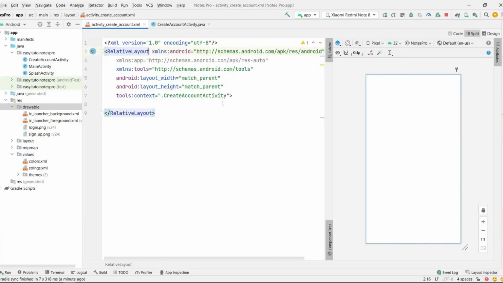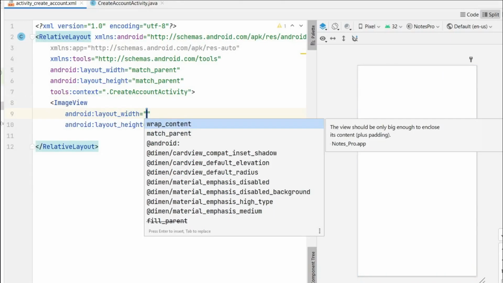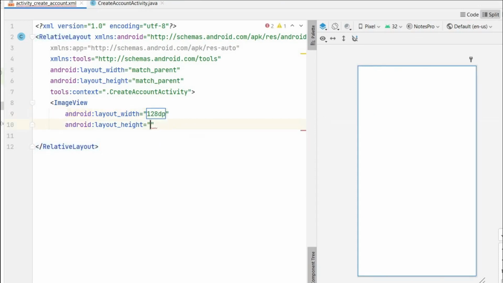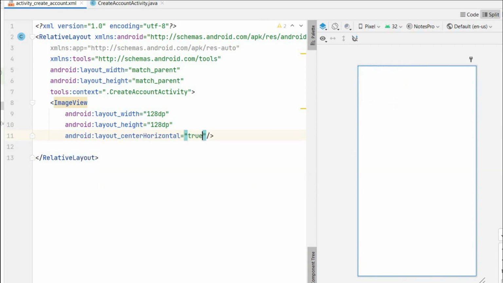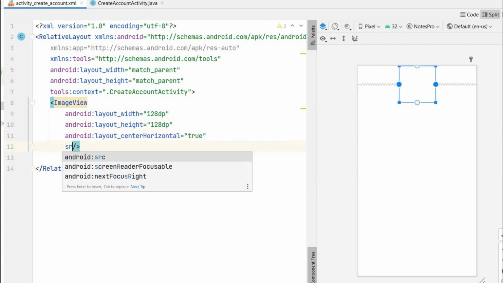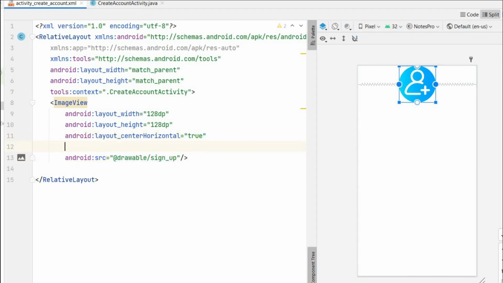First I will put the sign up PNG over here. So let me add an image view. Width will be 128 dp, height also the same. Center horizontal true, and I will give the source sign up. So it will look like this. And I will give some margin over here, so margin vertical